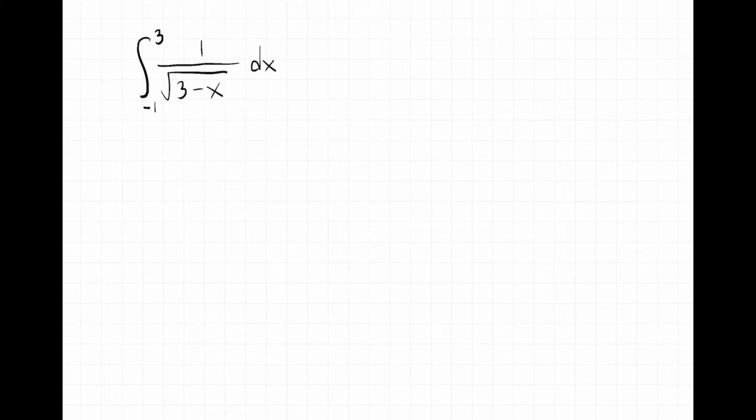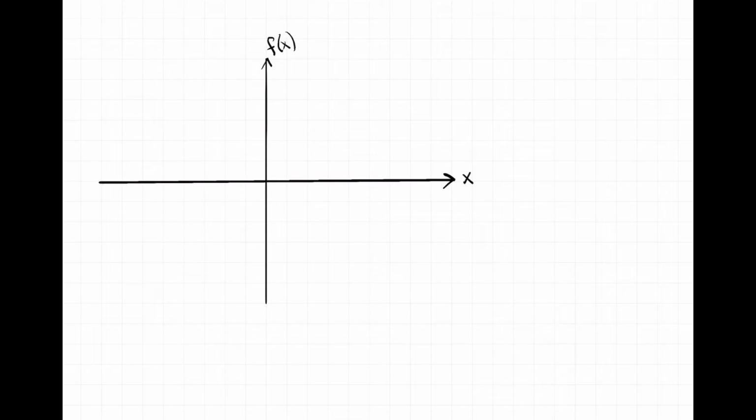This is perfectly normal. The problem comes if we think about what the behavior of this function is on the interval from 1 to 3. Let's draw a quick graph of the function and see what goes wrong. Let's look at the function f of x equals 1 over the square root of 3 minus x. If you graph this function, you'll find that when x is 3, if you try plugging in 3 into this function,